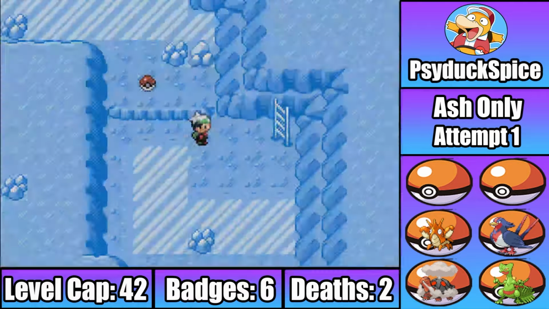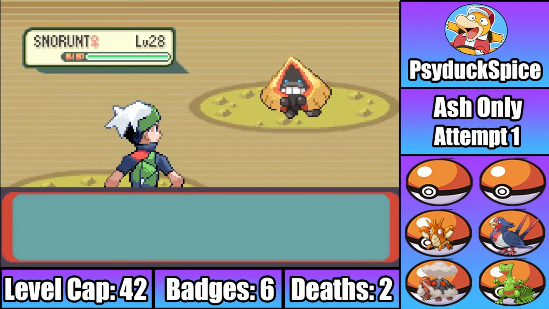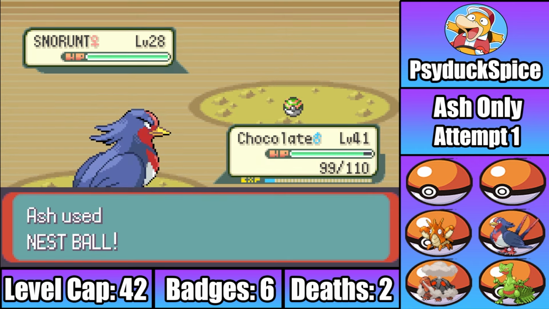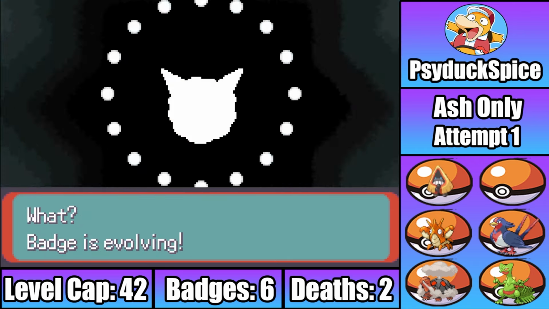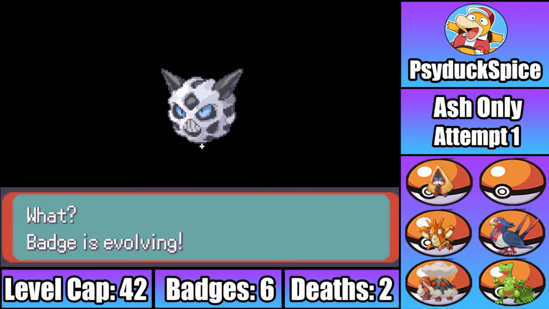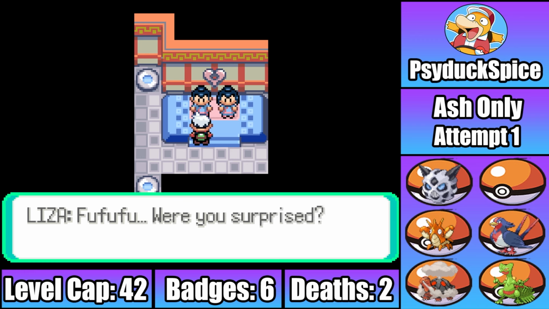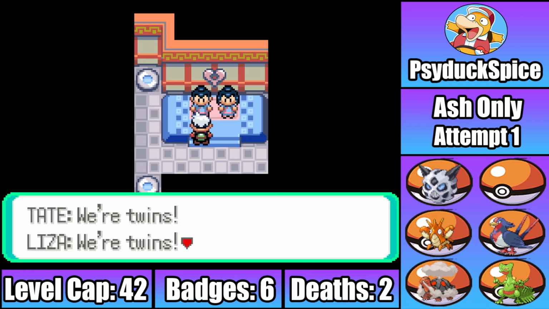For my efforts though, I do get a final encounter for this run, a Snorunt I find in Shoal Cave. Now normally Badge isn't the most amazing Pokemon, even if I can evolve him, but a strong ice type is really going to be necessary going forward, especially because we've reached another fairly difficult gym battle, the double battle